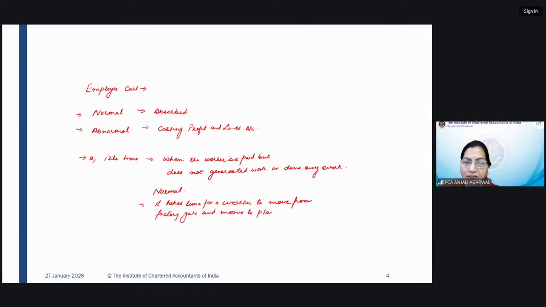You cannot avoid this idle time because in this time the worker is not working on any job, yet he will be paid for this period. Similarly, if he moves from one job to another,